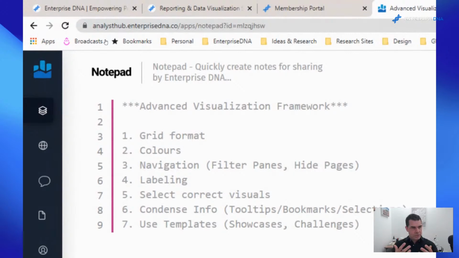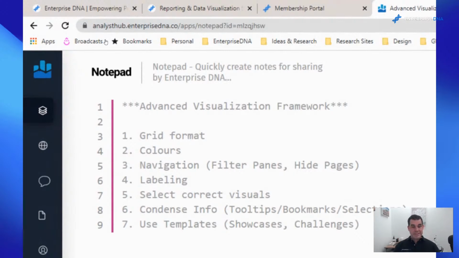But you just want to keep your visualizations very simple and easy to comprehend, and that can be done very easily. But it also can, on the flip side, be made difficult very, very quickly as well. So that's something that is simple to think about and actually simple to do, but easy to stuff up. So that's another good one there.